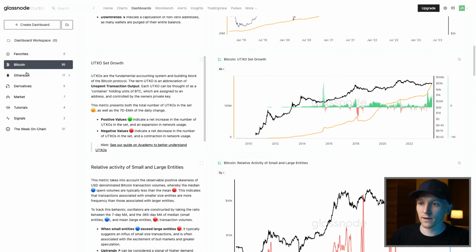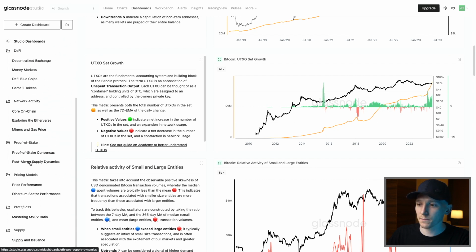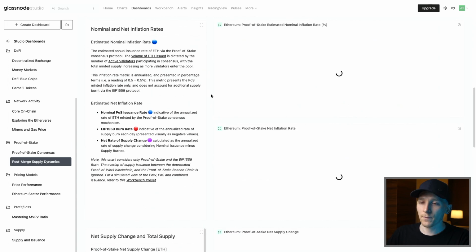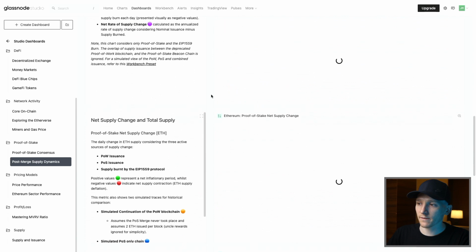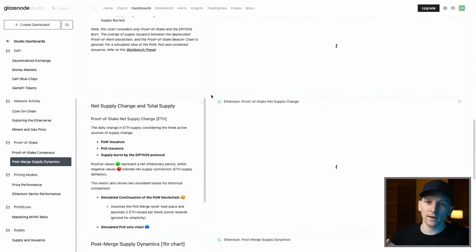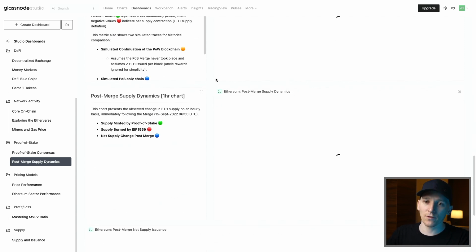Now, something else we can look at is Ethereum. And what we're going to look at is post-merge supply dynamics. So again, for Bitcoin and ETH, you just get all of this data. And what we're looking at is how does on-chain data change and how does that affect the price? So if we let this load, what we can see is Ethereum went through the merge, which is